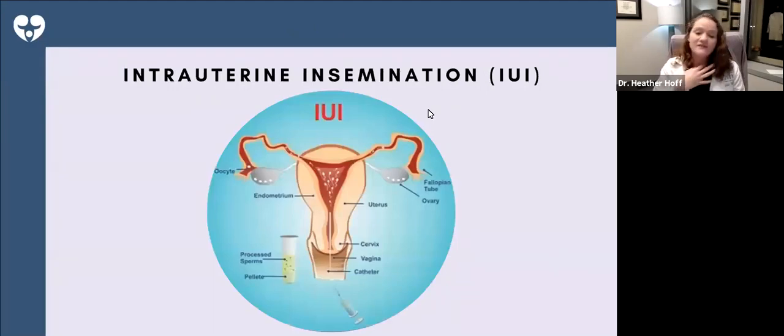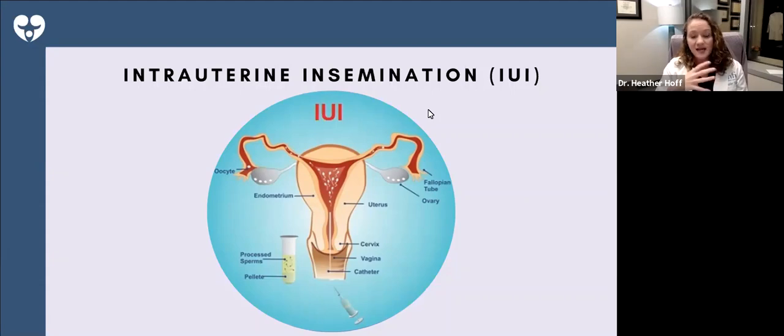So as I said, one of the main treatments that we use is a super ovulation with intrauterine insemination. So I'm going to briefly talk about that. Often this process, basically, I like to say it's kind of like a numbers game, and it involves getting more eggs and sperm together. So let me tell you how we do that. So typically we'll give you an oral medication. You're going to take that for 5 days at the beginning of the cycle, and that's going to help you grow 1 to 3 eggs most often.